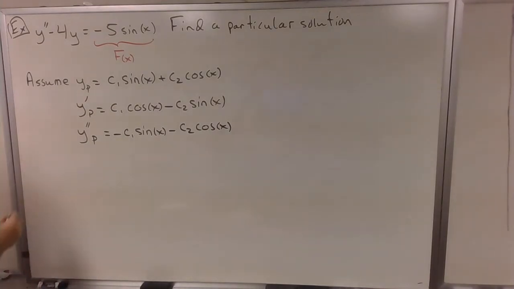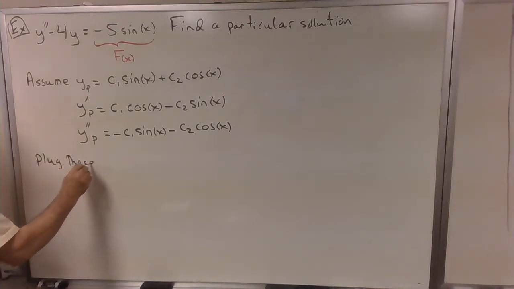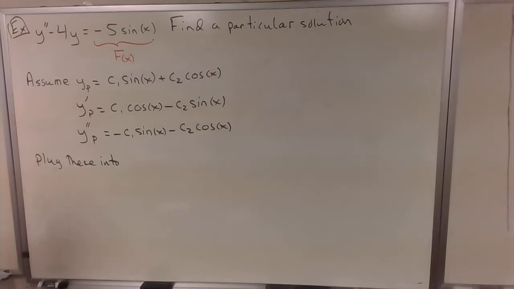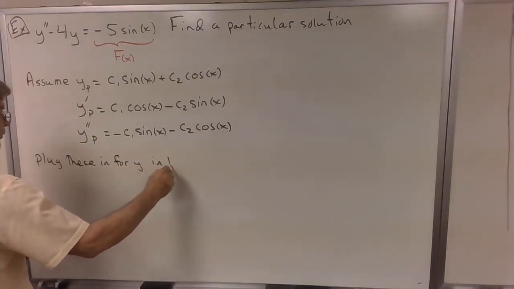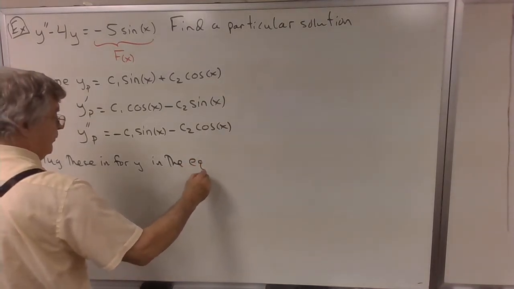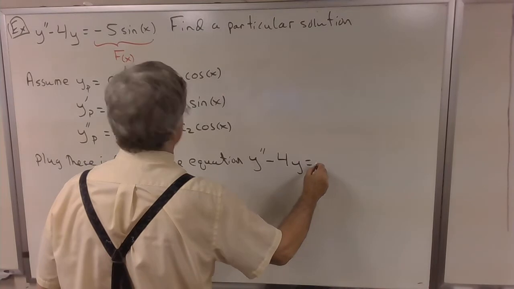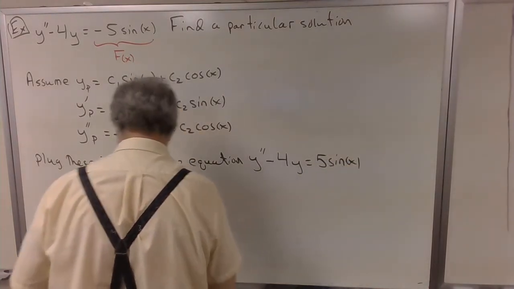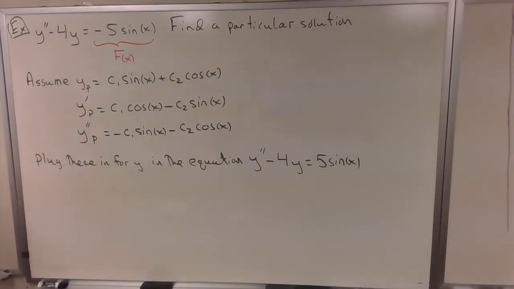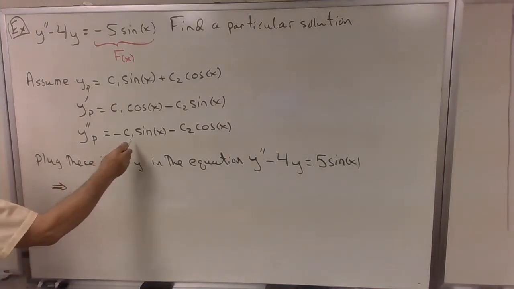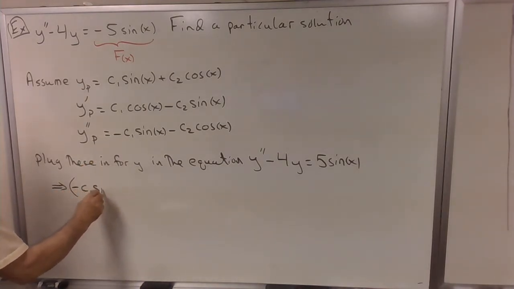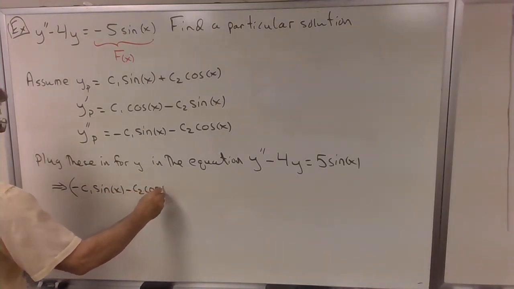Looks good. y double prime. Okay. So that's going to be negative c1 sine of x minus c2 cosine of x